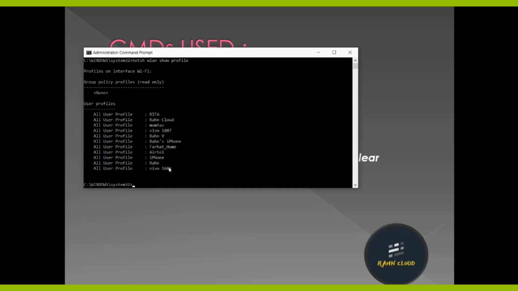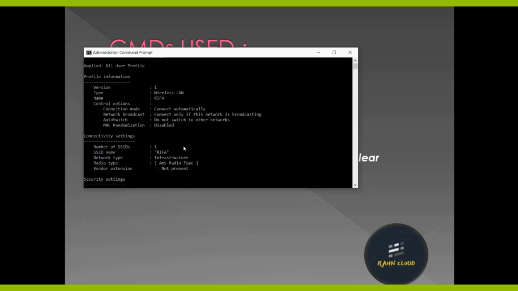These are all connected hotspots, using an iPhone or a hotspot. This many Wi-Fi user profiles have been used by my laptop to connect to Wi-Fi. Okay, so next, the next command. There is a first name, RAFA. That is the Wi-Fi I'm going to use to get the password for this particular SSID. So just use this one command and click enter.